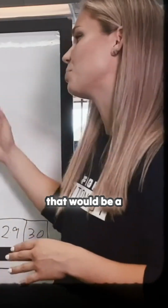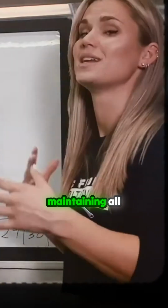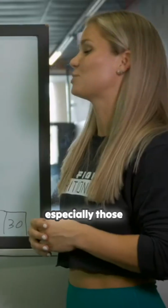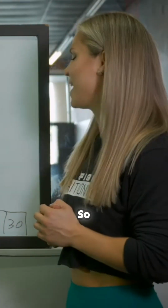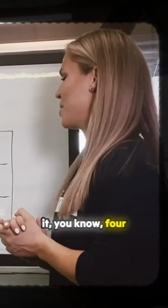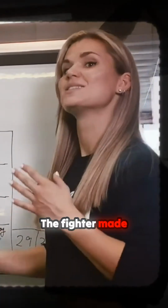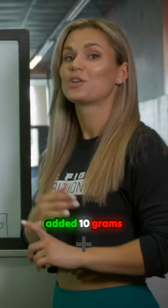So in that case, that would be a really great way to titrate down the dosage, so you're not getting rid of it, and you're still maintaining all those great benefits, especially those neuroprotective benefits for my fighters, which is really important leading up to the fight. So again, in this case with my fighter, we did a complete washout of it, 4 weeks leading up to weigh-ins. The fighter made weight successfully, and then after weigh-ins, we added 10 grams of creatine to